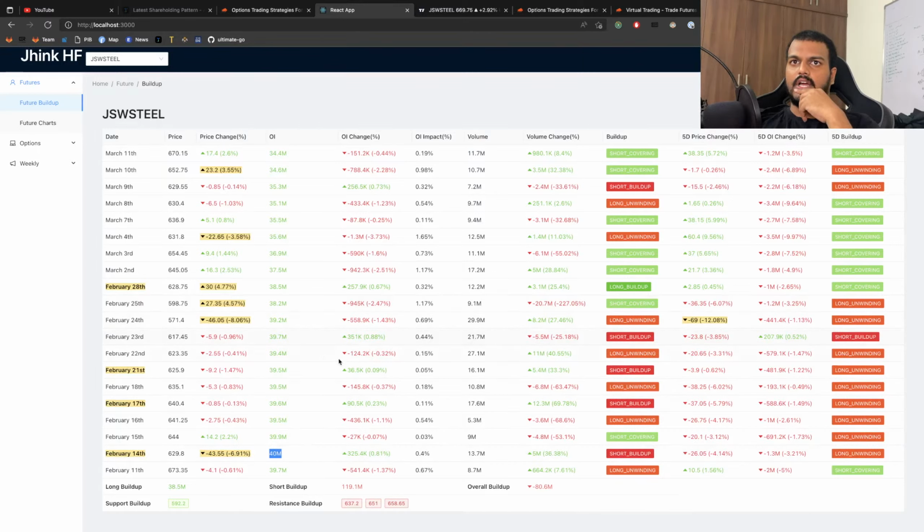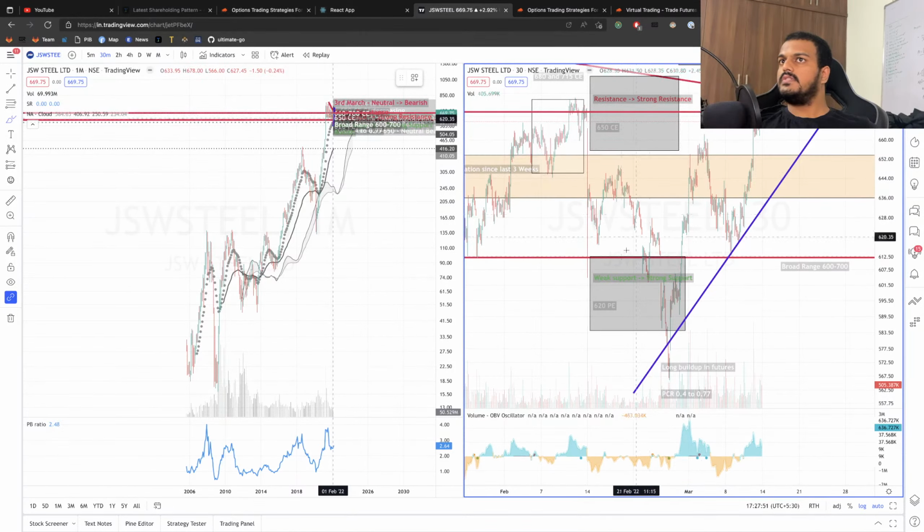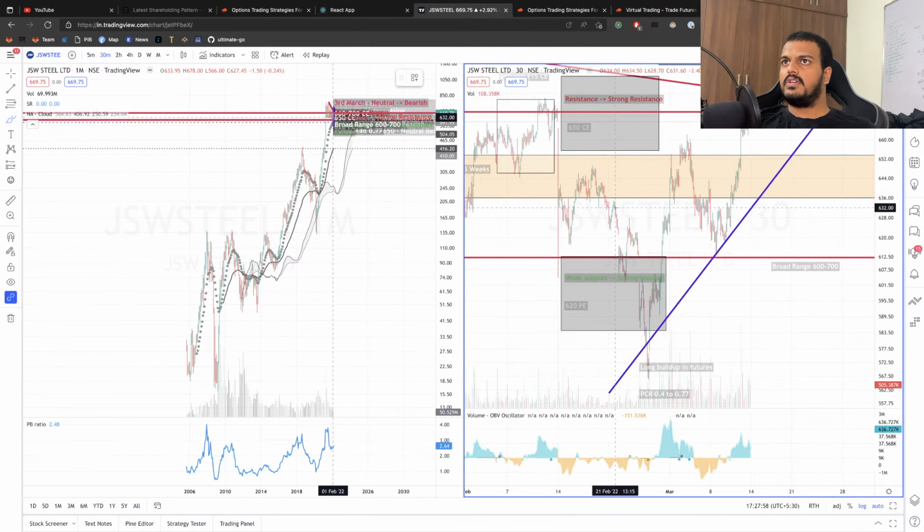And now if you are seeing, it is 40 million which was the OI in the short buildup, and slowly coming to the other short buildups here. There was a good change, and OI didn't really do a massive move. If you're seeing, there was a short buildup here, where the OI change was positive also, but the volume was negative. So this will be another few days, 2 days, that is 17th and 21st. Where is 17th? 17th is here. There are other short buildups which happened here on 17th.